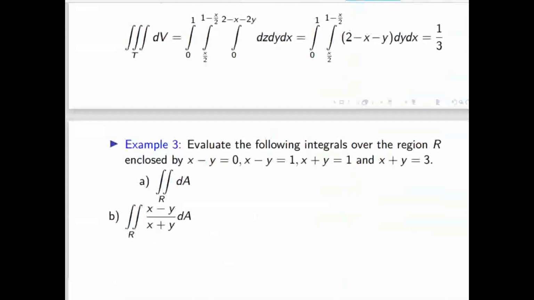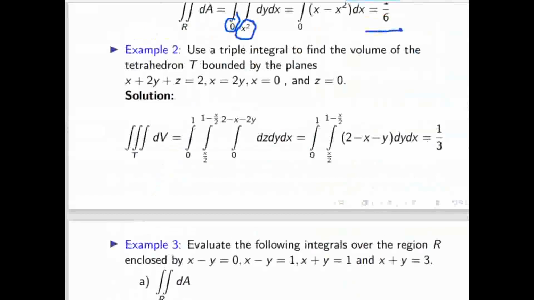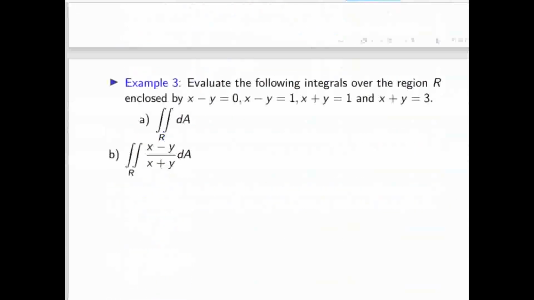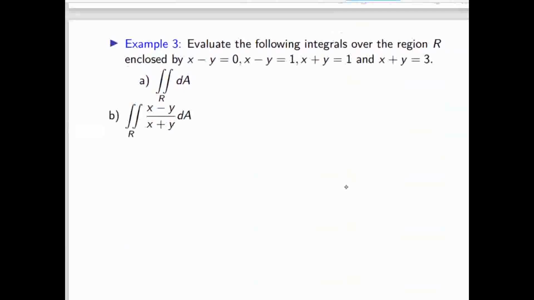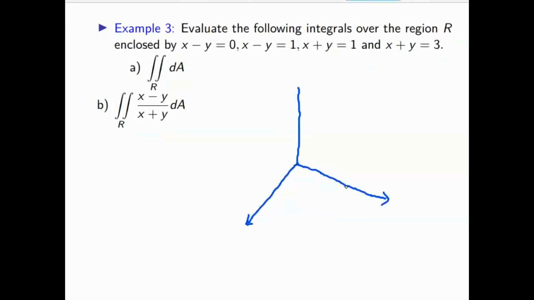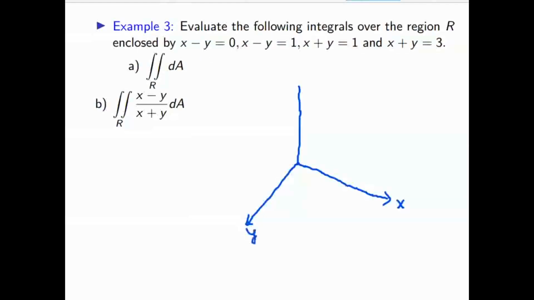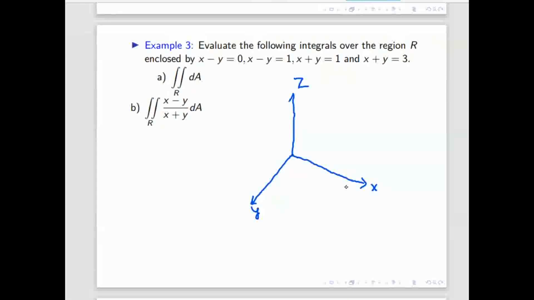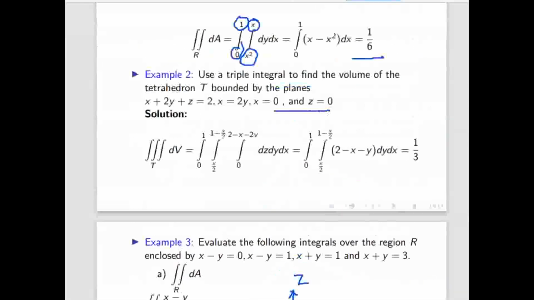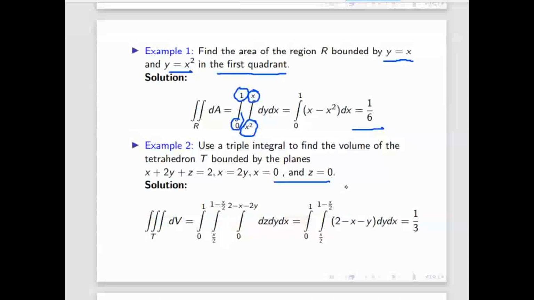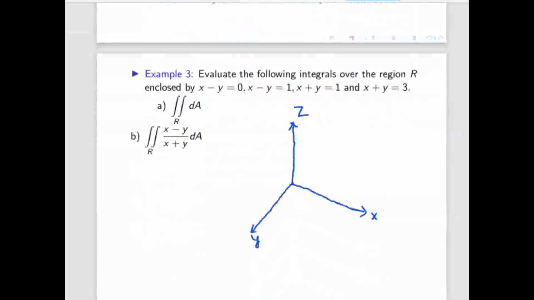Okay, so I will draw here. So x equal to 0 and z equal to 0. I'm making some 3D picture. Suppose this is the x-axis, this is the y-axis, and this top one is the z-axis. So here which planes are given? X equal to 0 and z equal to 0. X equal to 0 is YZ plane.